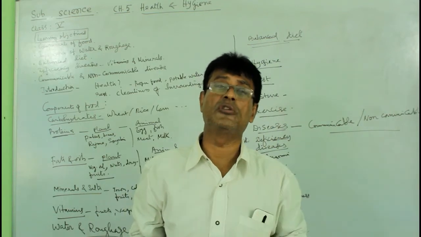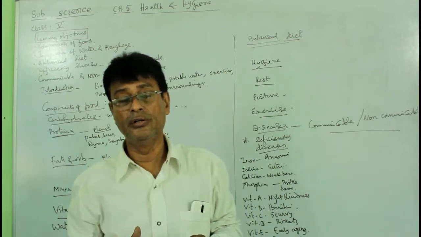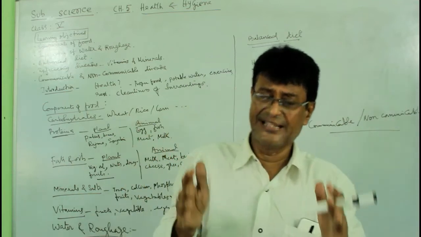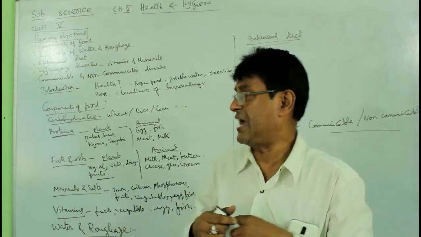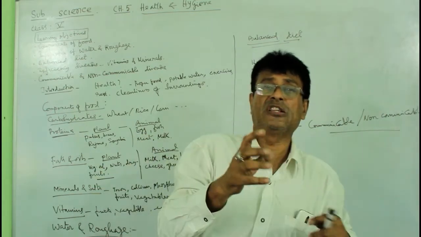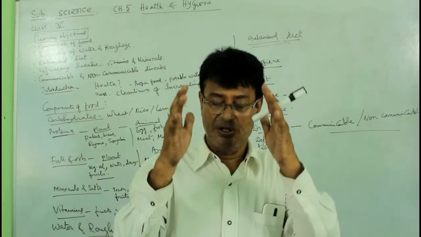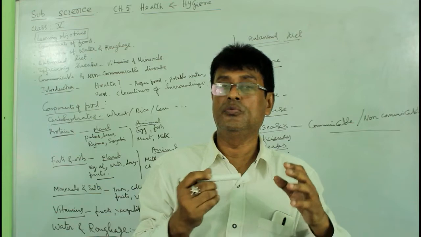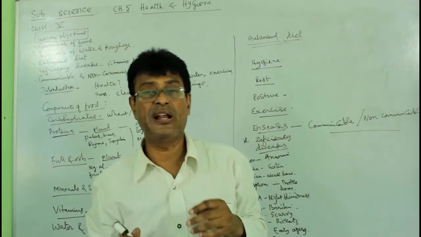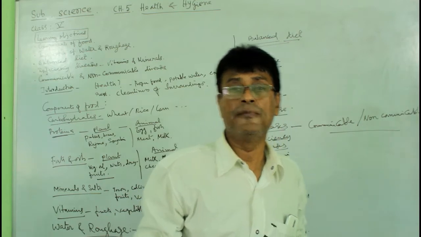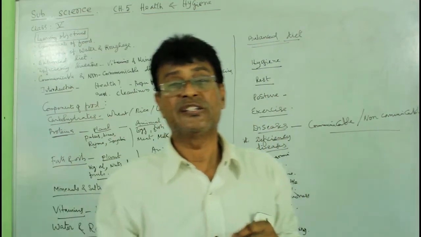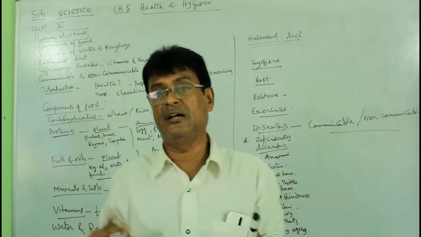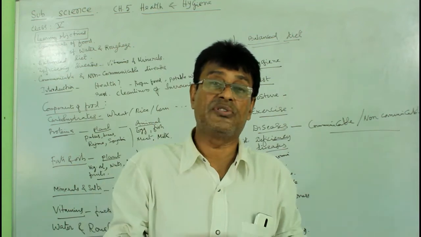Now another disease is called malnutrition. Malnutrition is related to the balanced diet. If you take a balanced diet, with all the ingredients and all the factors of your food, and if you take that, this kind of deficiency will not occur in you. So you will not get malnutrition. Malnutrition will affect those people who are not getting a proper amount of balanced diet. Suppose I am eating only rice and he is eating only chapati, not any vegetables, not meat, not other things. So that deficiency will come out, that is called malnutrition.